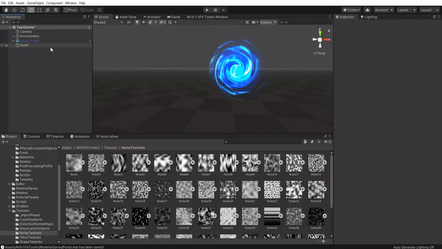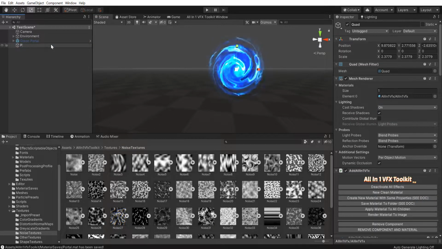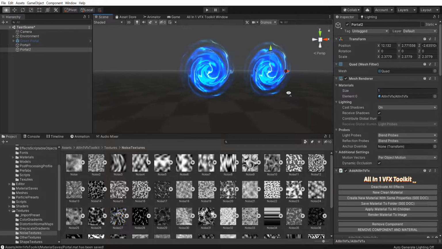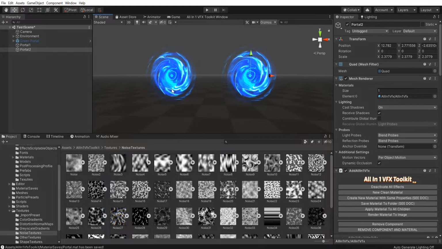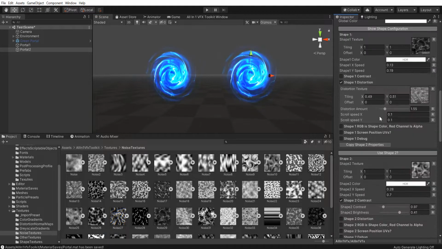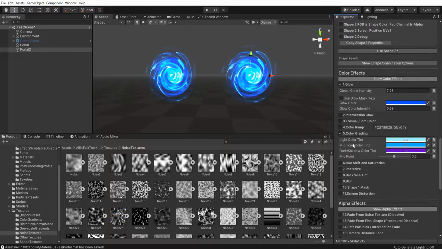I will name it Portal 1 for now. So Portal 1, and we can see a different approach that we can take. So I can name this Portal 2, and I will take it here to the side. And instead of using this approach we made, I will create a new material with same properties, and I will enable